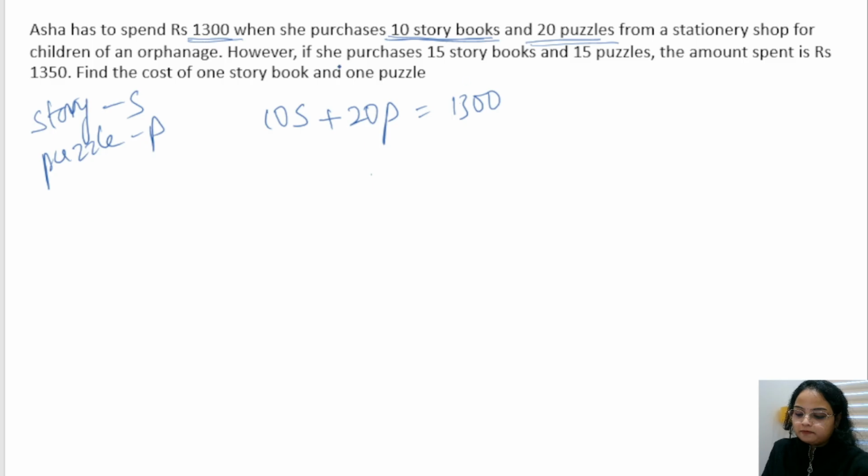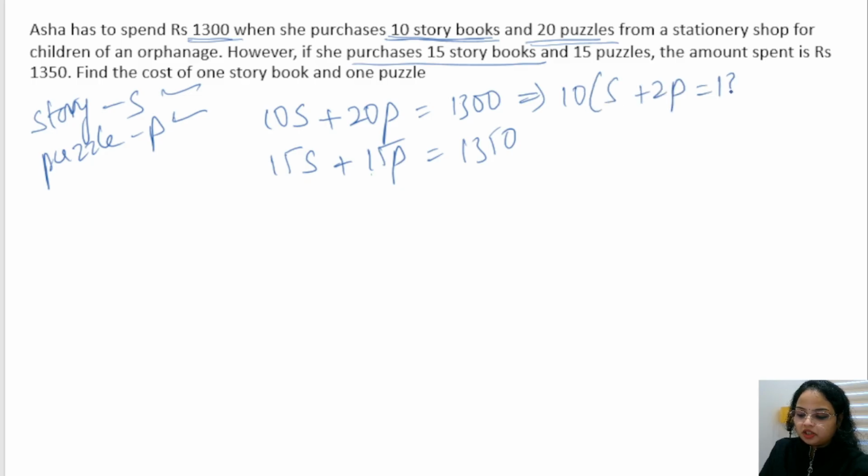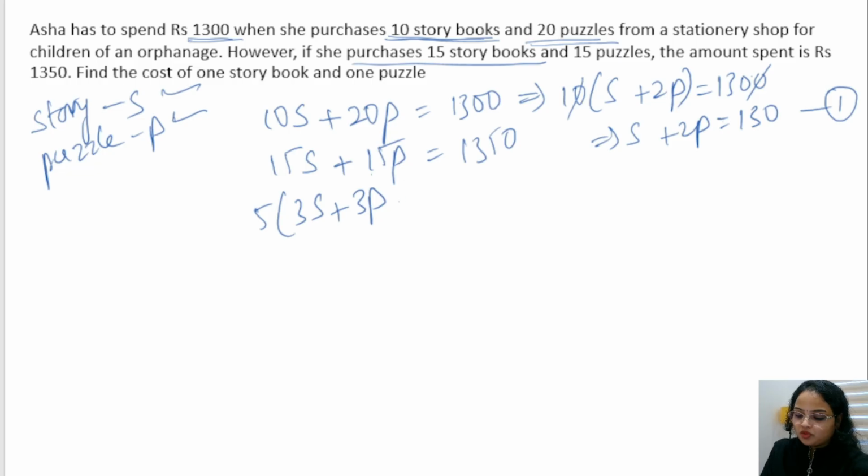And if she purchases 15 storybooks, 15S, and 15 puzzles, then the amount spent is 1350. In the first equation we can simplify: if we take 10 common, 10 into (S + 2P) is equal to 1300, so we can write this as S + 2P = 130. This is the first equation. And in this equation, if we take 5 common, 5 into (3S + 3P)